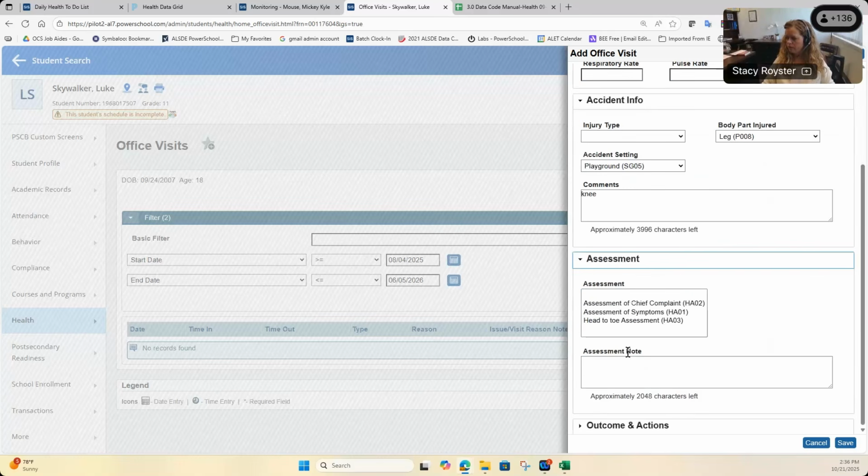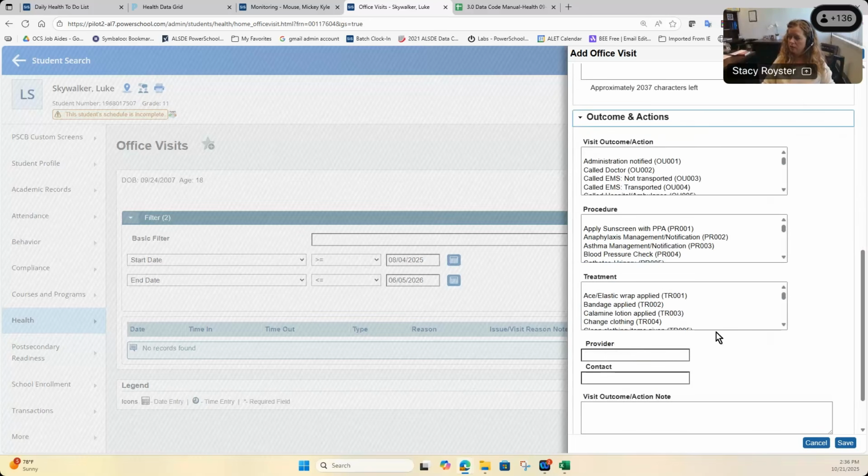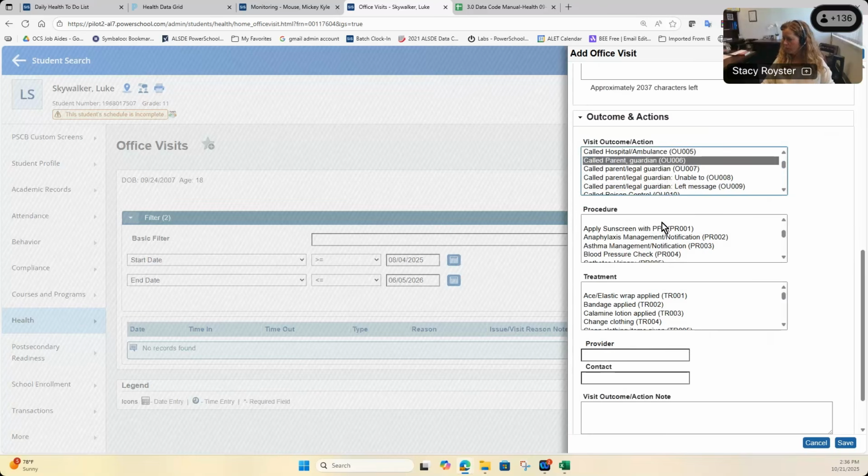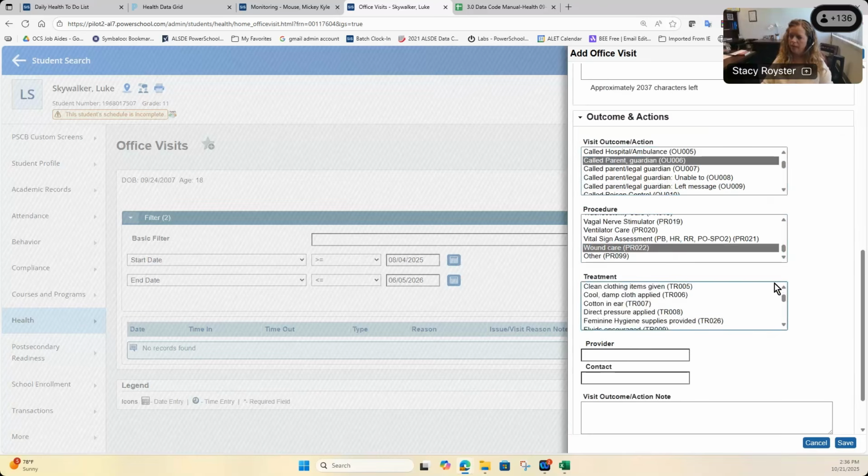Any assessment information that you want to put in here, you would just choose that and put your notes inside of here, and any outcomes or actions that you want to document inside of here. If I called a parent and left a message, any of these that I want to do, say I called parent guardian, procedure was basic wound care, bandage applied, provider, put your information, your contact, and any notes that you want to do,